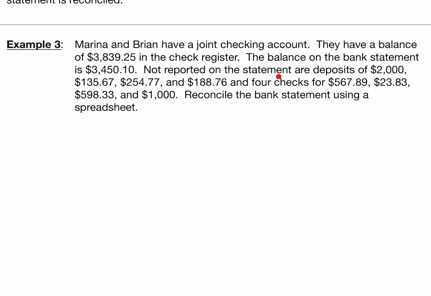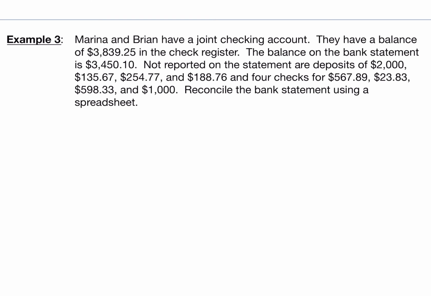Not reported on the statement, so these would be considered outstanding deposits of $2,000, $135.67, $254.77, and $188.76. Okay, and then 4 checks were written, but not on the bank statement, so these would be considered outstanding withdrawals: